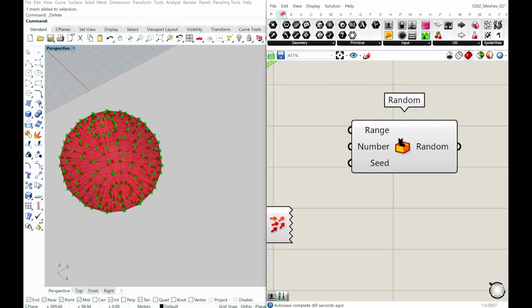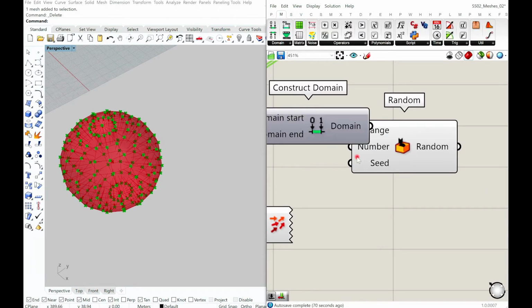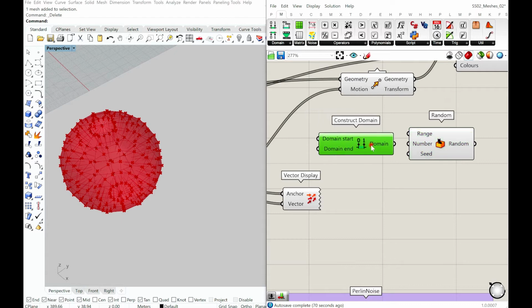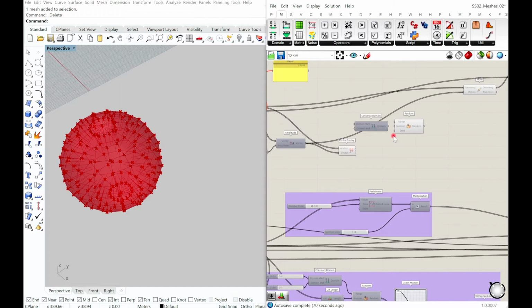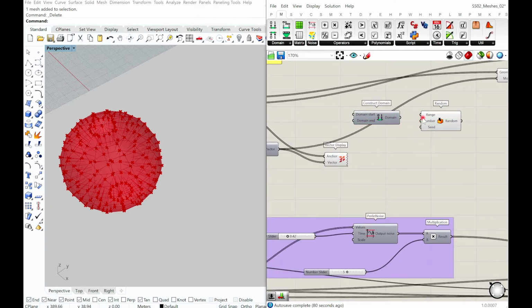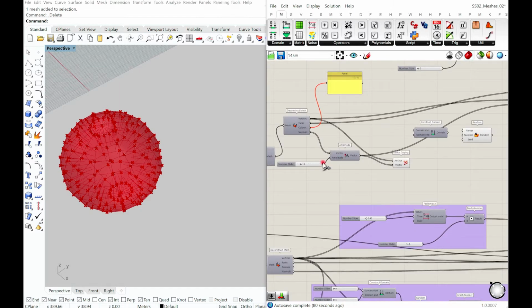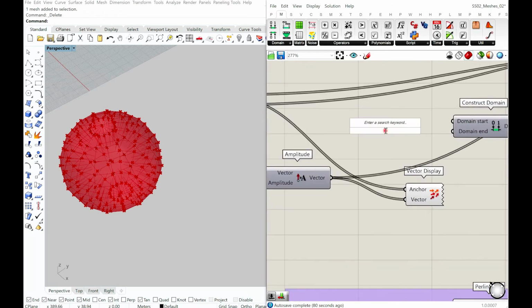So to get a domain, I'm going to construct a domain which goes from, let's say, 0 to 25, for example.